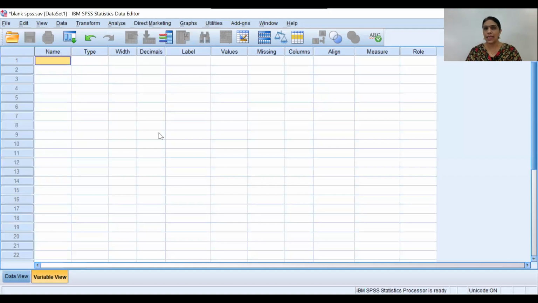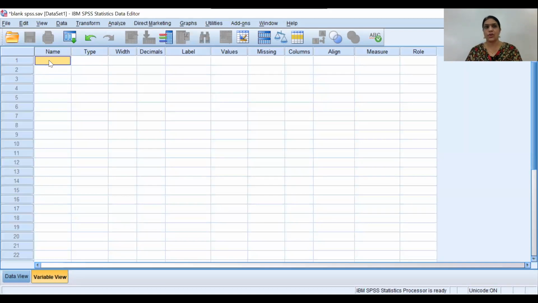Under the column label, we enter the whole question. The short summary of that particular question, we enter in the column titled name. For example, if I am doing something on service quality, then the entire question on service quality I will enter in the column of label, and in place of name, I can write SQ. That is a short description of the whole question.